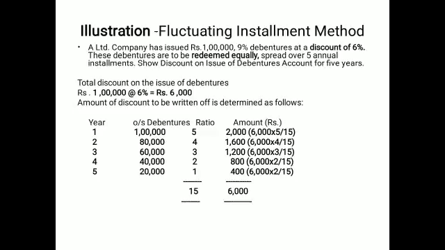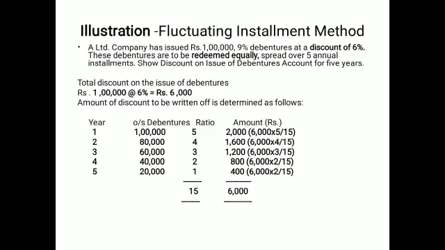From the first year to the fifth year, you have to see the outstanding debentures. The question says at the end of every year. So in the first year till the end we have 1 lakh debentures. After the payment of 20,000, 80,000 is forwarded to the next year. Then in the next years 60, then 40, and then 20, as every year you redeem 20,000. At the end of the fifth year when you redeem, nothing will be forwarded to the sixth year. So calculate the proportion on the basis of the outstanding debentures. The total is 15.